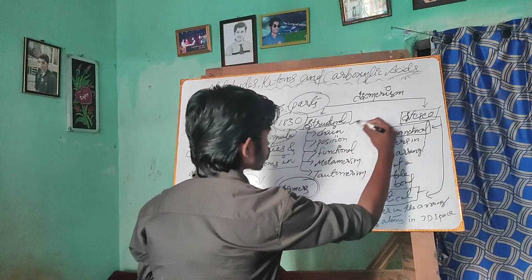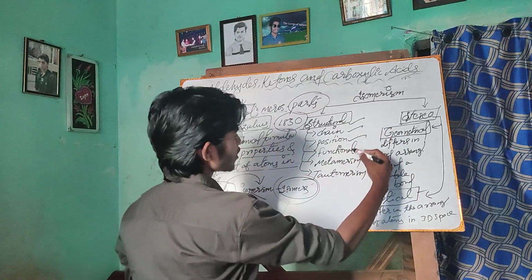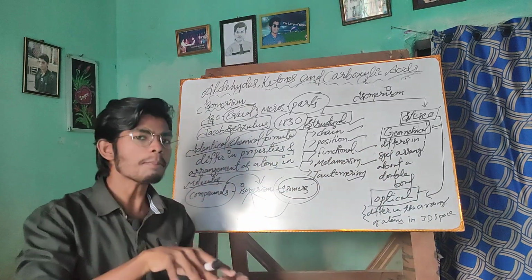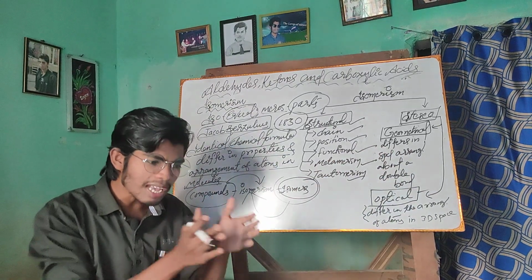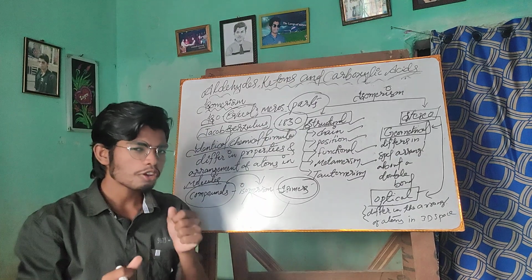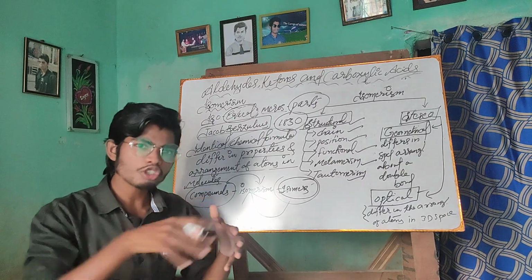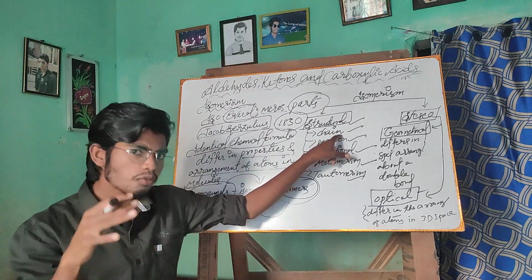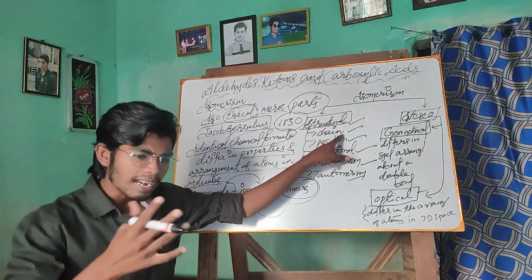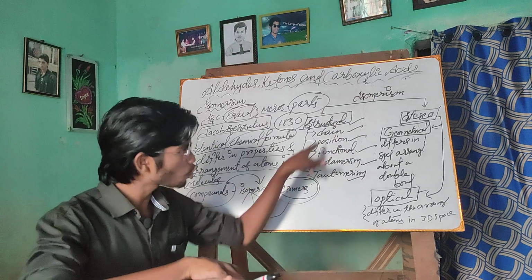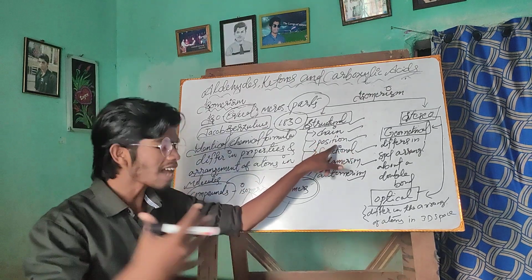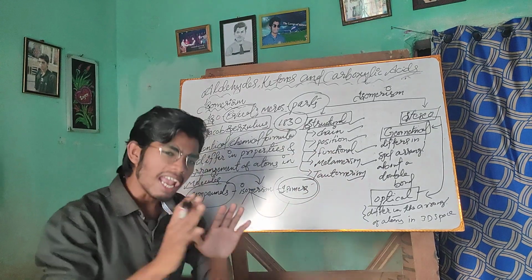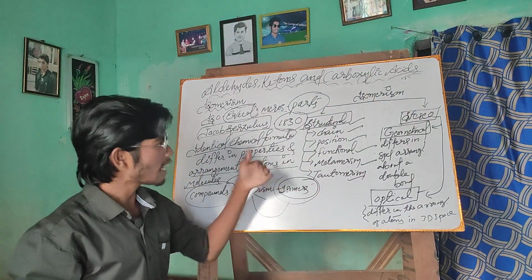That is structural isomerism: chain isomerism, position isomerism, functional isomerism, metamerism and tautomerism, along with examples. We will take the examples of aldehydes and ketones, because aldehydes and ketones can show isomerism. So aldehydes can show chain isomerism first. We will discuss what chain isomerism is and how aldehydes and ketones can show chain, position, functional, metamerism and tautomerism, everything. So let us discuss